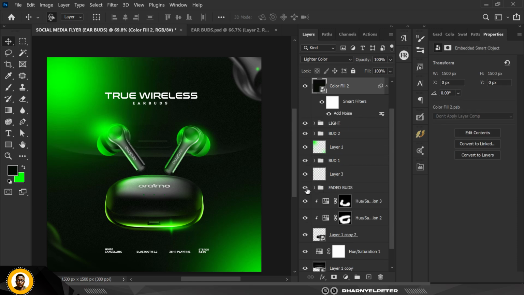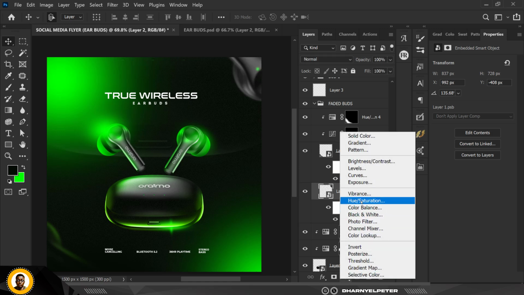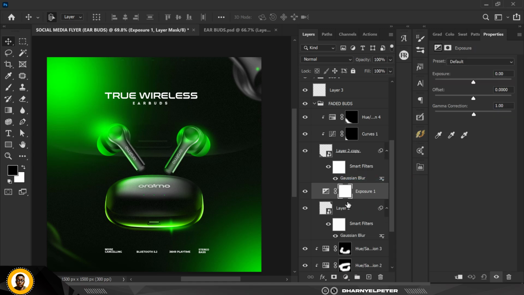So what I'm going to do now, under the faded boards, I'm going to go inside the faded boards, this second one here, this one, right? So this one here. So what I want to do is create an adjustment layer, select exposure, clip it, right click and select create clipping mask, tone down the exposure like this, and